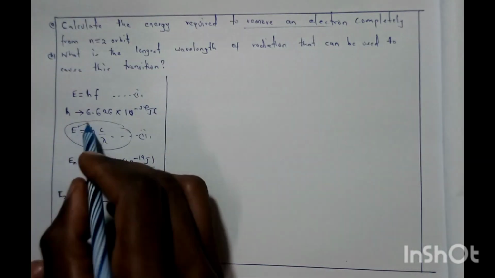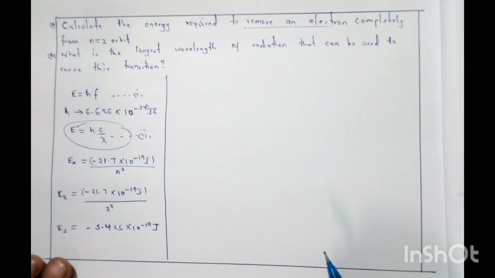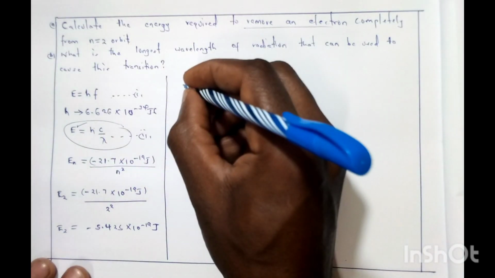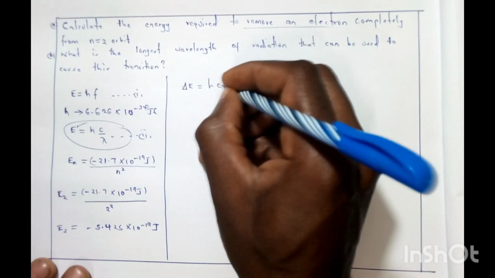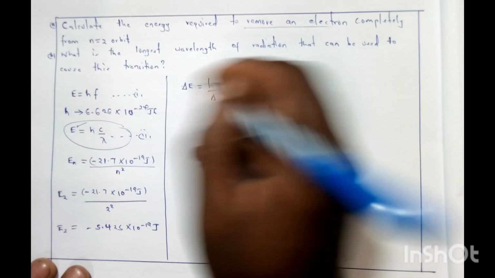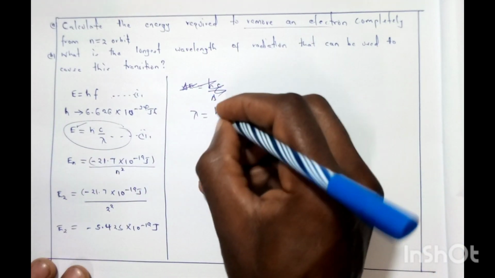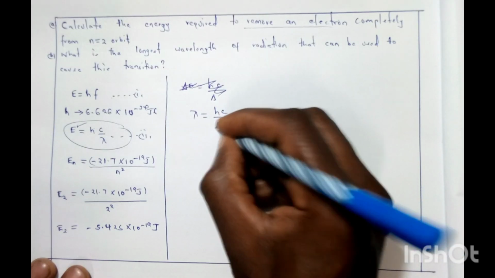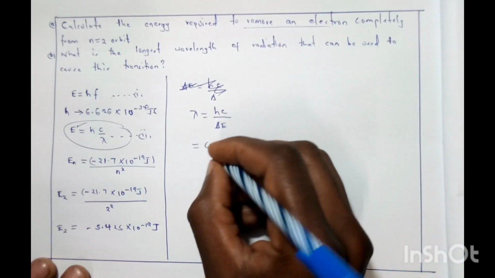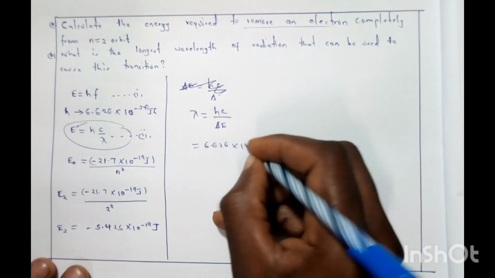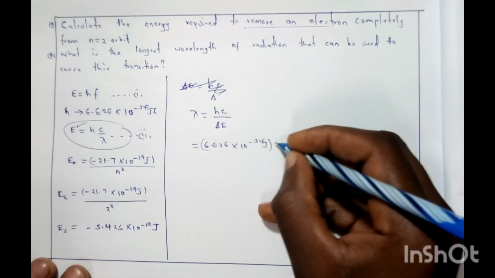Now that we have found the energy, the speed of light and Planck's constant are given as constants, and therefore we make lambda the subject of the formula, which is c h over the change in energy. If we do a substitution, we have 6.626 times 10 negative 34 joule seconds